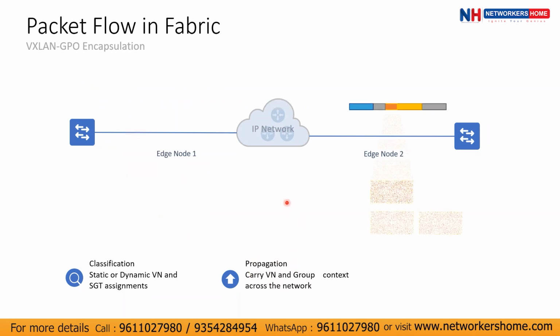So traffic is going to this fabric edge node, and it carries all the information related to the endpoint connected behind the other fabric edge, right? Now this fabric edge node will do the decapsulation. Once it comes to this header, it will identify that, okay, VNID is this. So suppose